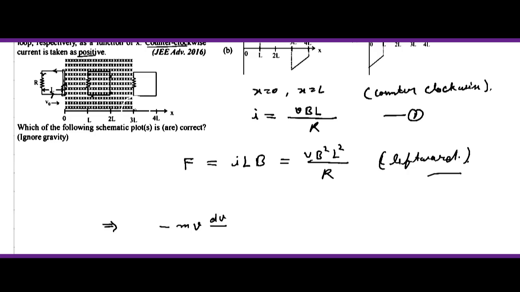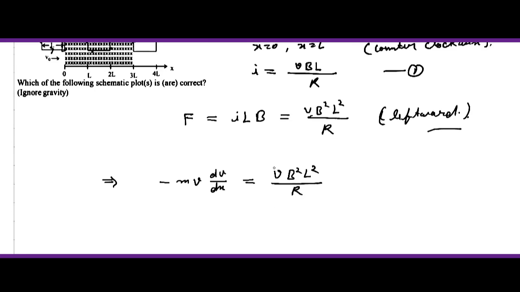जो वेलोसिटी चेंज हो रही है, इसकी वजह से वेलोसिटी में भी इफेक्ट आएगा, तो ये dv बाई dx, x के टर्म में हम देख रहे हैं क्योंकि लेंथ के साथ ही उसकी वेलोसिटी में चेंज आ रहा है। तो dv बाई dx इक्वल होगा हमारे इस फोर्स के, ये जो फोर्स हम एक्सपीरियंस कर रहा था ये भी फोर्स है हमारा, तो ये हो जाएगा v इंटू बी स्क्वायर एल स्क्वायर डिवाइड बाई आर। तो यहाँ से v से v कैंसिल आउट हो जाएगा,